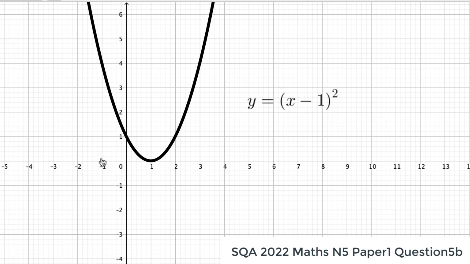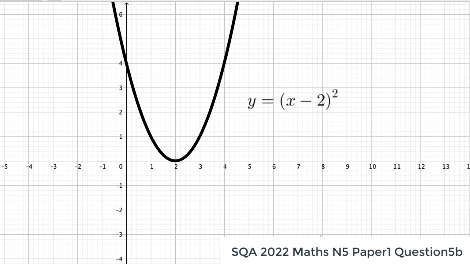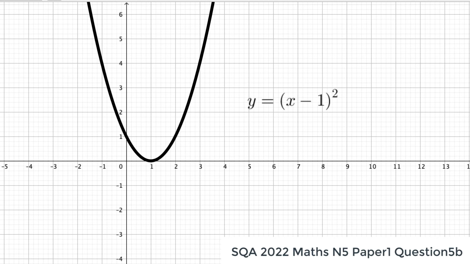If x was negative 1, for instance, negative 1 and another negative 1 is negative 2. Negative 2 squared gives you positive 4. So in effect, the whole graph has been shifted 1 unit to the right when we subtract 1 from x. And similarly, if we subtract 2 from x, it'll have moved 2 units to the right. Remember, initially it was